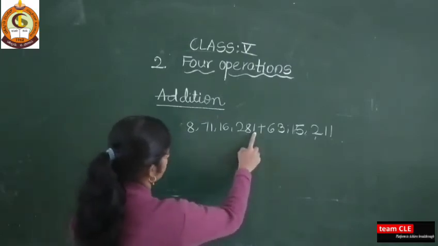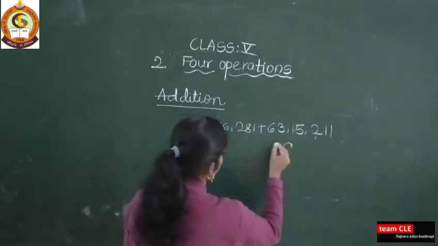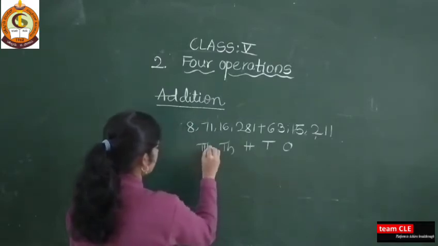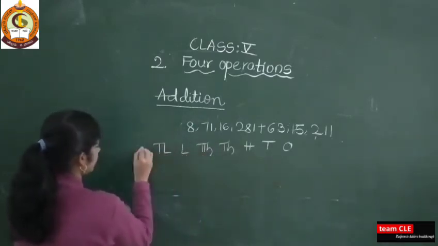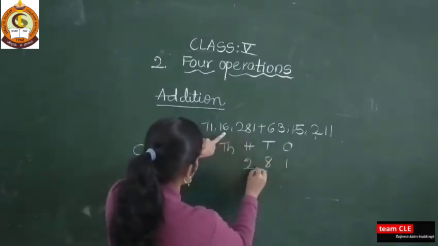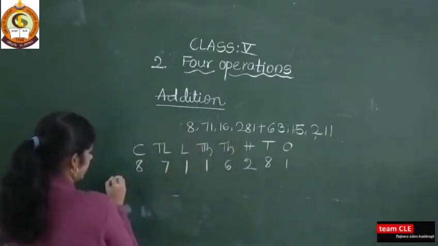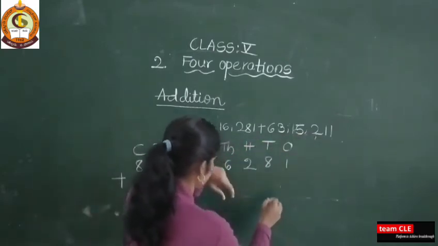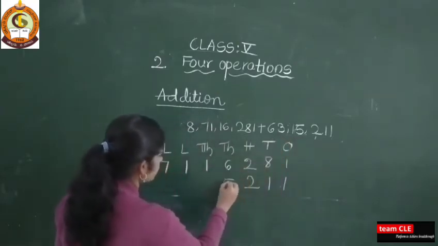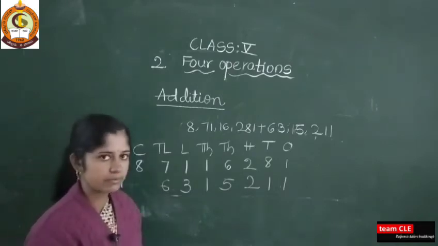So see here how many digits are there. Ones, tens, 100, 1000, 10,000, lakh, 10 lakh, crore. So again you write the place value chart. Ones, tens, hundreds, thousands, 10,000s, lakh, 10 lakh, crore. Yes, write the digits 1, 8, 2, 6, 1, 1, 7, 8. Again you take this number, write here in this ones place, 1, 1, 2, 5, 1, 3, 6. Here for that you have to write the place value chart.